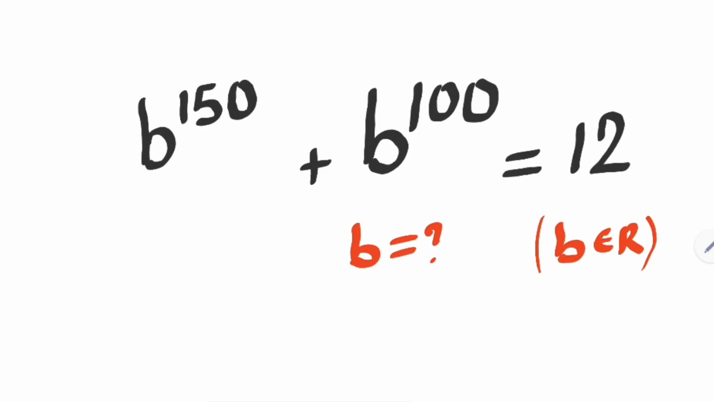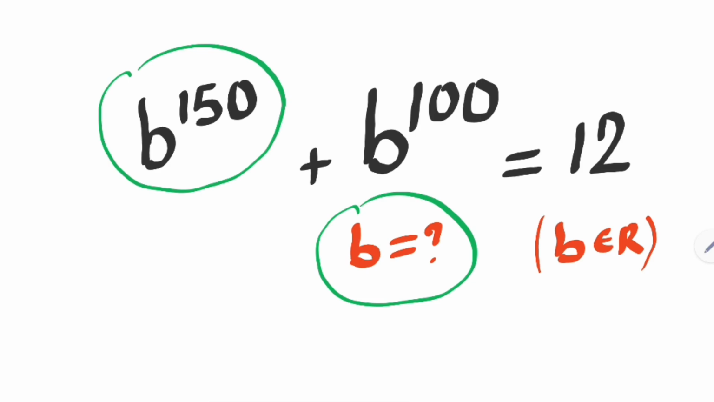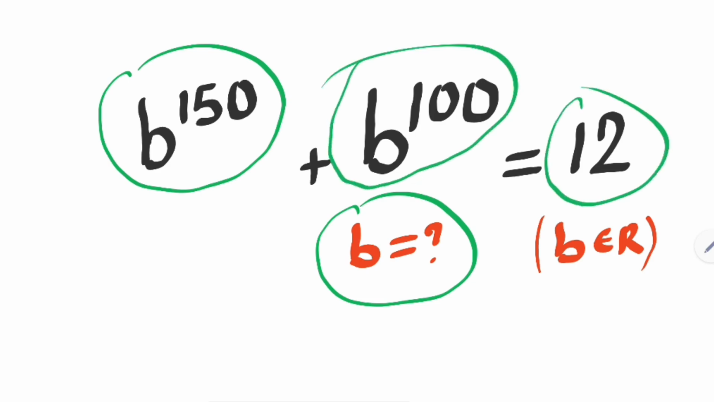Most students fail this math problem, but can you solve this? Hi everyone, welcome back. Today we want to find the value of b from this given nice math algebra problem. B raised to power 150 plus b raised to power 100 is equal to 12, where b is a member